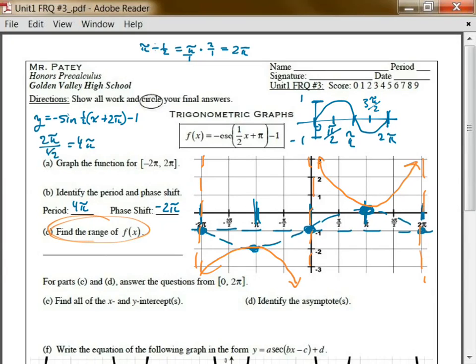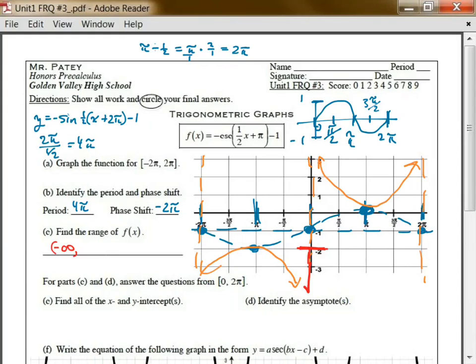It says find the range. Now remember, we're looking at the orange lines, not the sine line. We're looking at the cosecant line. Okay, so it looks like right here, let's see, we always start from the bottom up, so on our y-axis, we're going to start from down here. It looks like these arrows point down, so we're going to have our lowest range number at negative infinity,